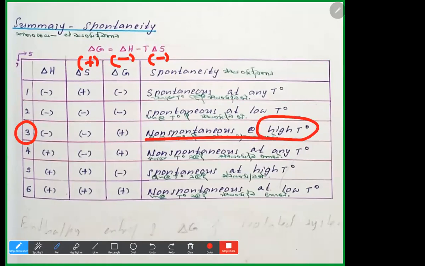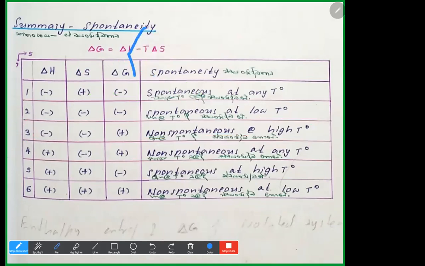non-spontaneous at high temperature. That's because, okay, this is negative. Let's say this negative value is high: negative 10, positive 4, answer is negative 6. So then delta G becomes negative, so it's spontaneous. But let's say this side is negative and this side is larger. This side being larger means delta S